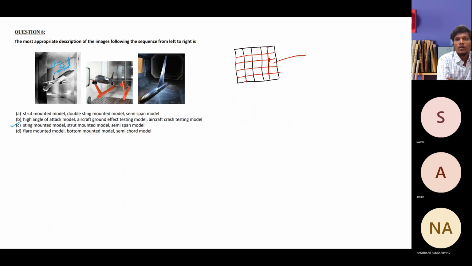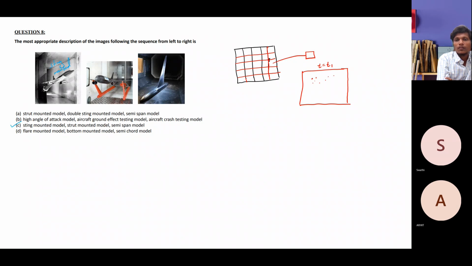If you take any one particular box, I will just write that big box, and represent it at the time instant t equals t1, suppose only a few particles are there, very few. It's not based upon the probability. It's based upon